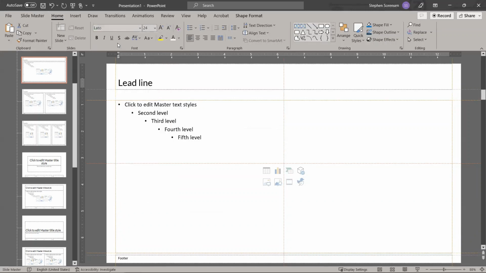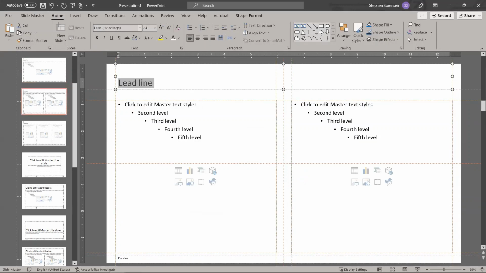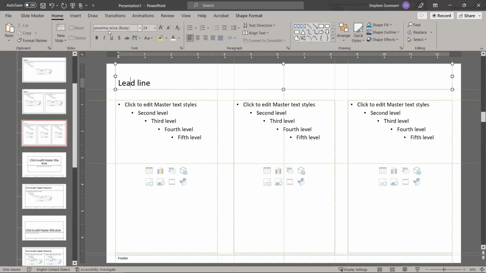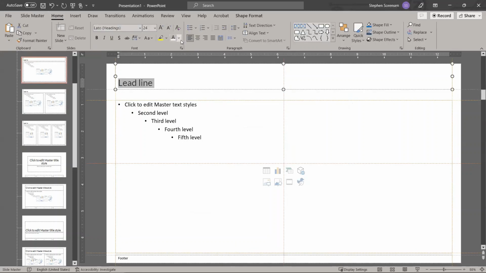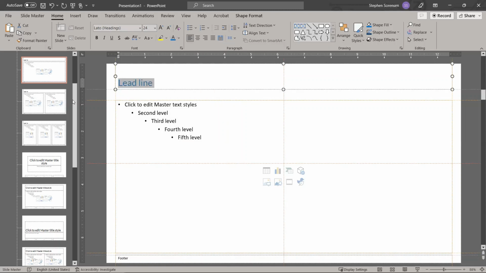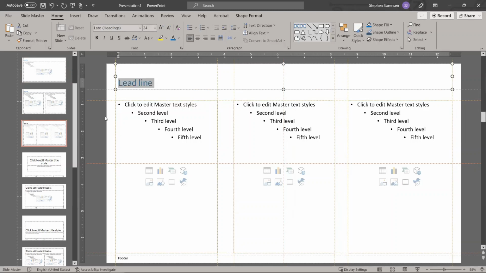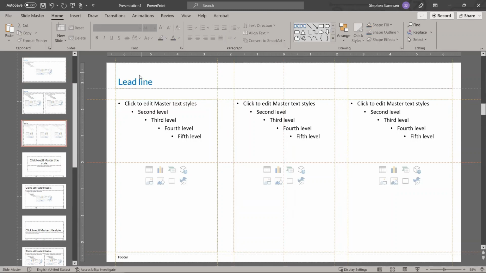I'm going to make this Lato for my lead lines. And why don't we use BYU's colors? Maybe if we want to add maybe to add more